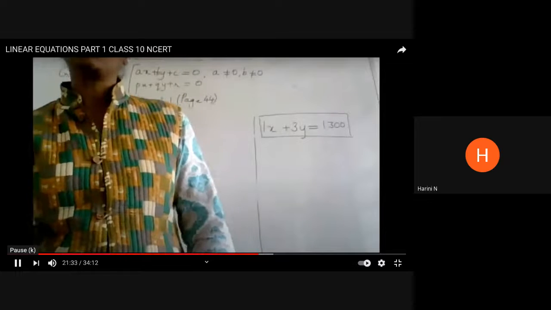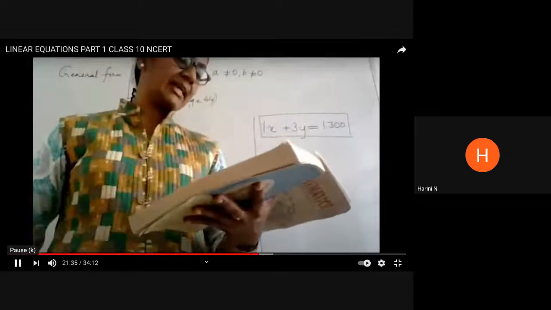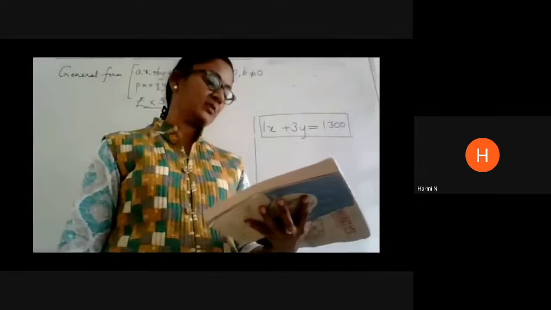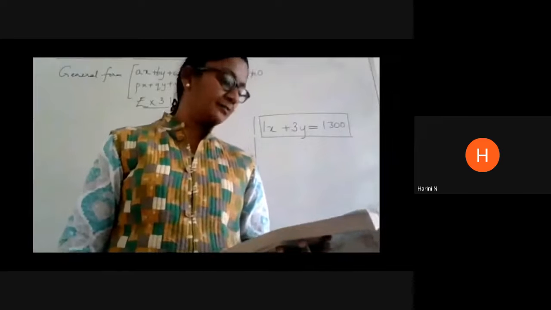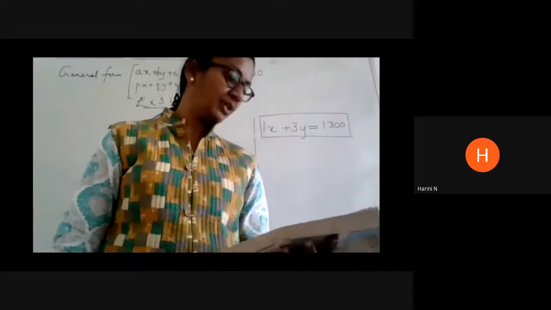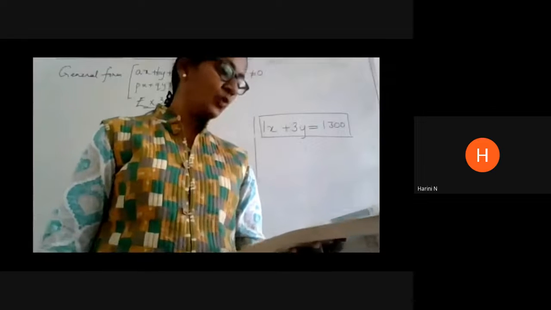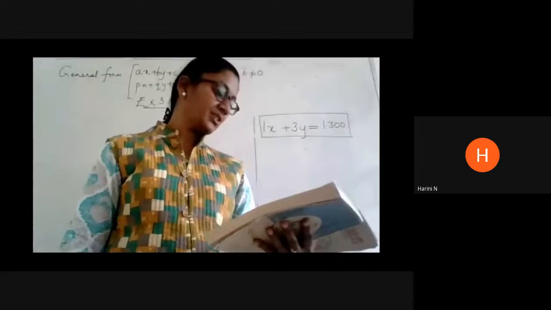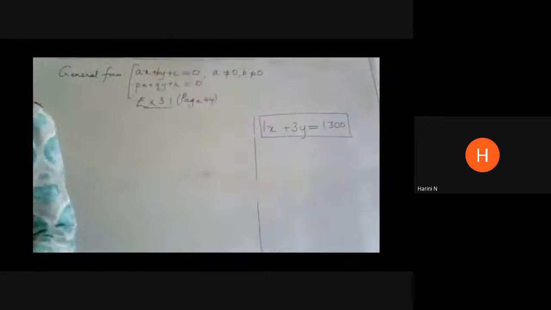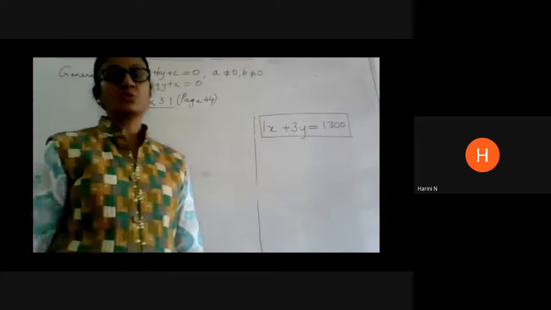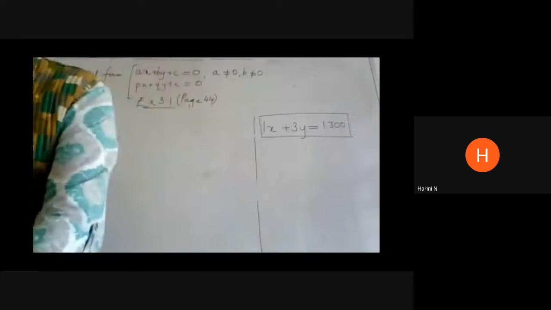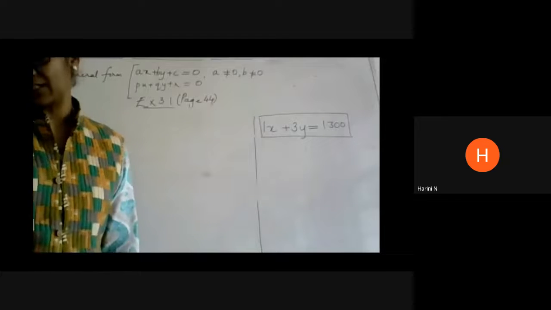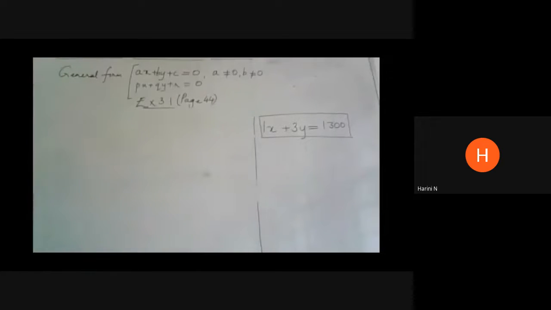The cost of 2 kgs of apples and 1 kg of grapes on a day was found to be rupees 160. After a month, the cost of 4 kgs of apples and 2 kgs of grapes is rupees 300. Represent the situation algebraically and geometrically. So we are able to now write. We have the amount of apples and grapes purchased, and it is related to the cost.